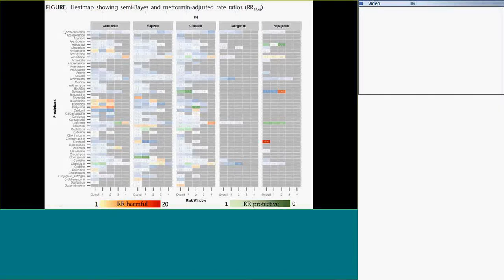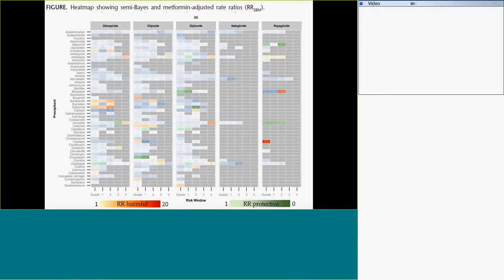And again, this is a high throughput method where we look at hundreds and hundreds of precipitant drugs that are concomitantly prescribed with these object drugs, and look for signals that suggest potential harm either overall or in different time windows. So for instance, there's a potential signal here of an interaction between glimepiride and bumetanide, and glimepiride and buspirone in terms of